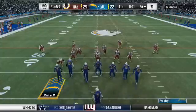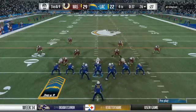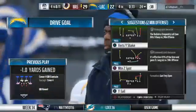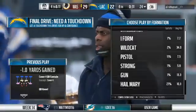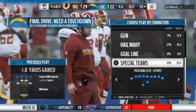The Chargers on 3rd down. They've converted 3 times in 8 chances. This is 3rd and 9. And they'll indeed take a knee. And yet again, this run game just continues to be completely shut off. Completely stymied. I mean, they're trying to get some consistent